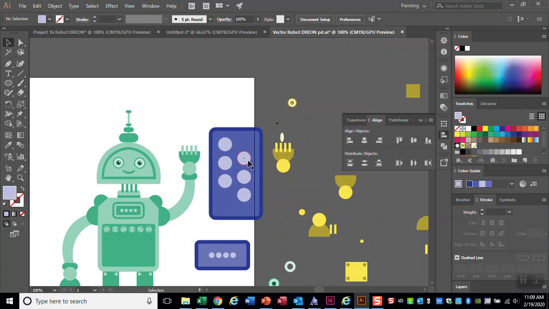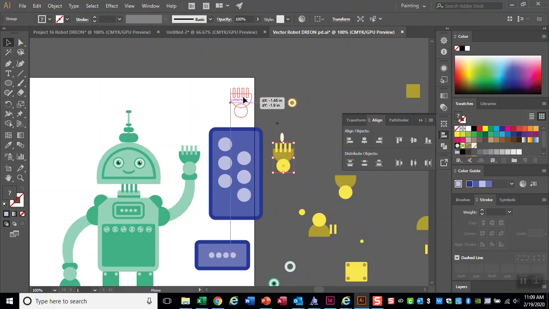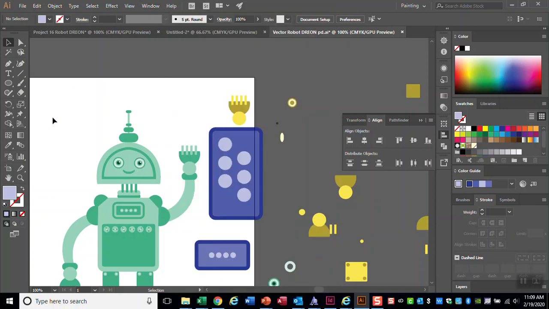Okay, so once you've created something, like let's say you've made one hand, do group these things together so that way they will move together. Okay, so the align panel, that's under Window, Align, and then to make a path